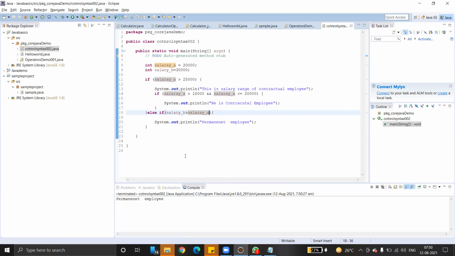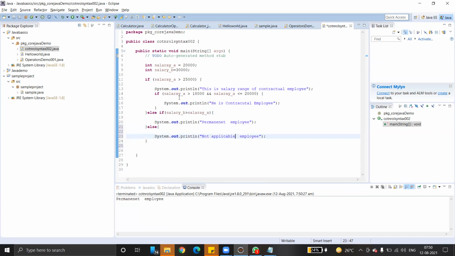This is how we specify else if. Suppose if you want to add one more else, definitely you can do else and specify System.out.println, Control C, not applicable.